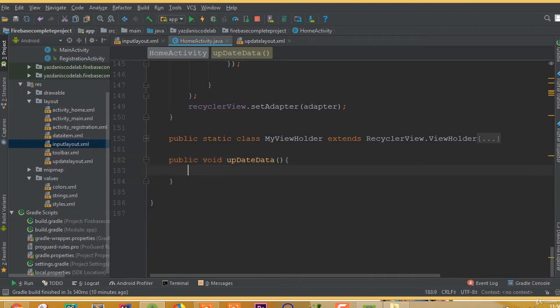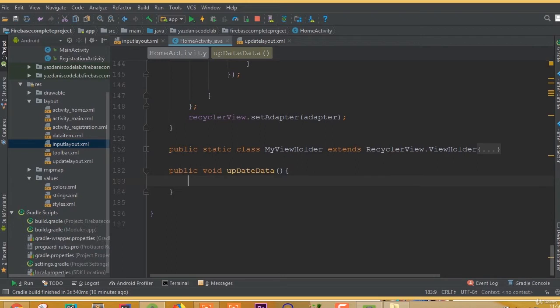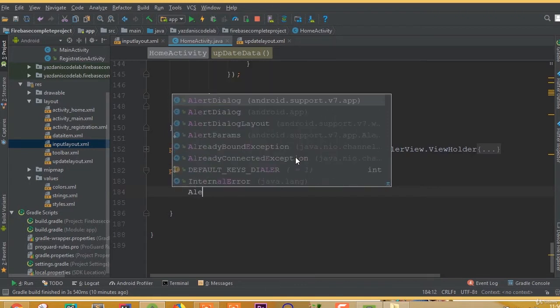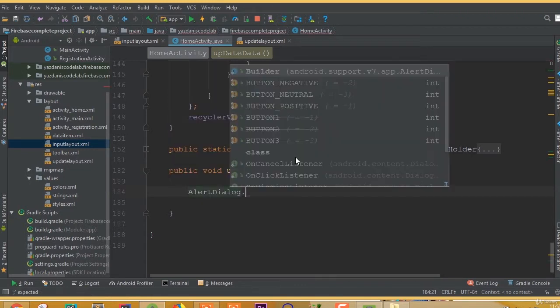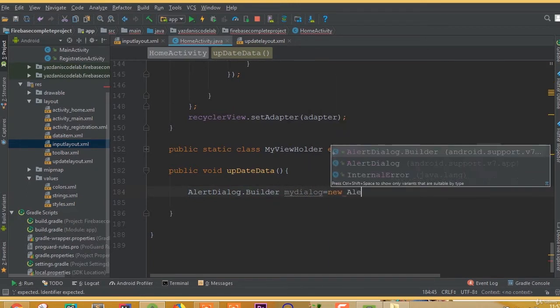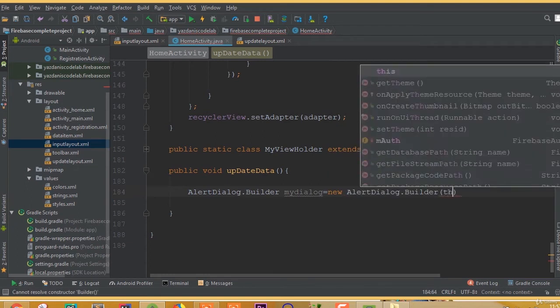So we need to add an alert dialog dot builder. So alert dialog dot builder is going to be my dialog is equal to new alert dialog dot builder,